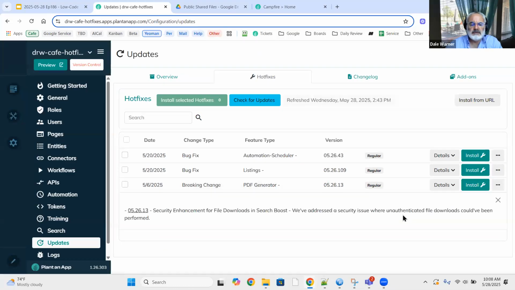This one, the PDF generator, was connected to a breaking change that we did in Search Boost back more than a month ago. And this is a security enhancement. It has a very low probability that you're linking directly to a PDF, and so it's very low chance that you've got any form of a breaking change that is going to bother you, but we do need to let you know